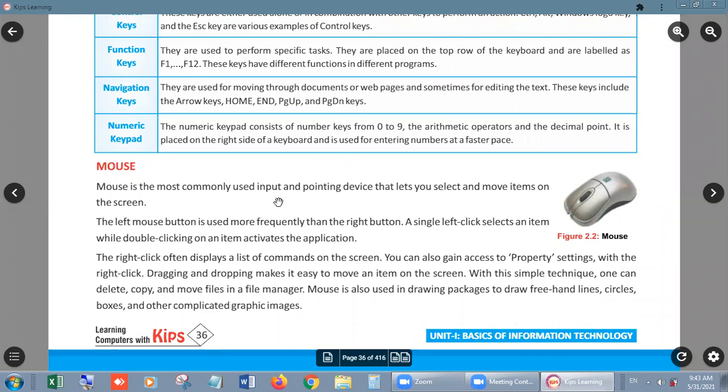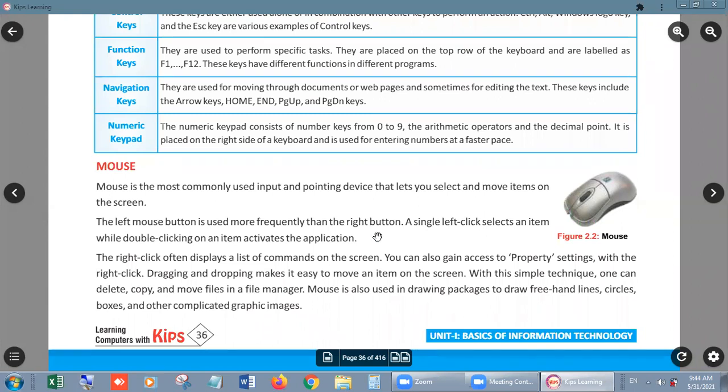The left mouse button is used more frequently than the right button, because when we click the right button, it only shows a shortcut menu or a context menu. But most of the time we use the left mouse button for selection, for running, for starting anything, right?